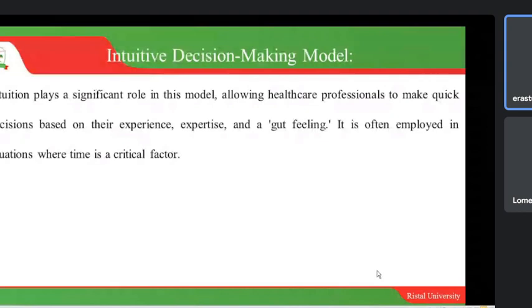And part of the weaknesses are it could be subject to bias or personal beliefs, and it doesn't have a well laid out or systematic approach. So you can find more strengths about this model, the intuitive decision making, and also more weaknesses about this kind of model. Then we have the recognition primed decision making model, or what we call RPD